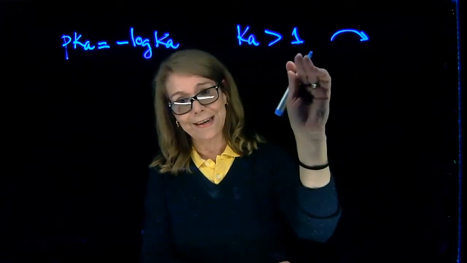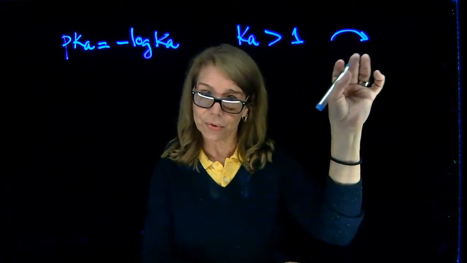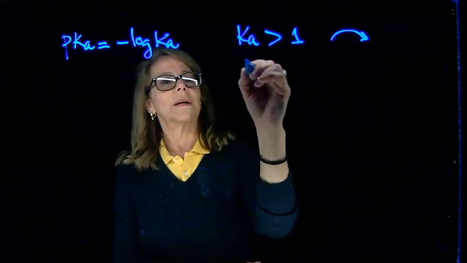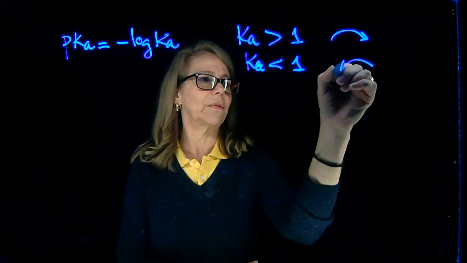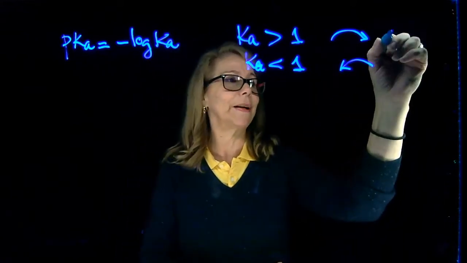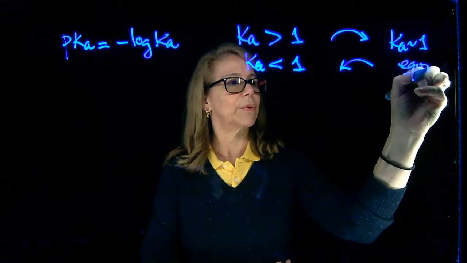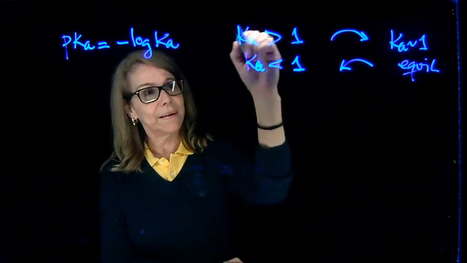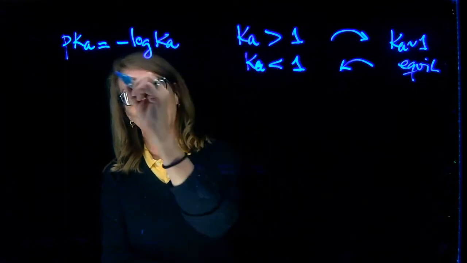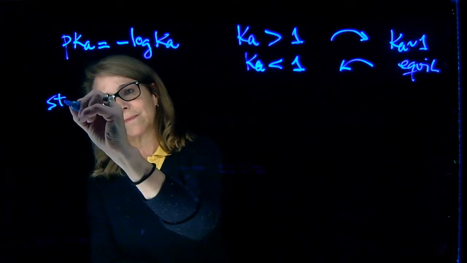So if we have an acid and Ka is large, you're going to have a lot of dissociation. If Ka is smaller than 1, then it's reactant favor. And if it is about 1, we'll say it's an equilibrium, neither reactant favor nor product favor. Now, big Ka also means small pKa. So strong acids,